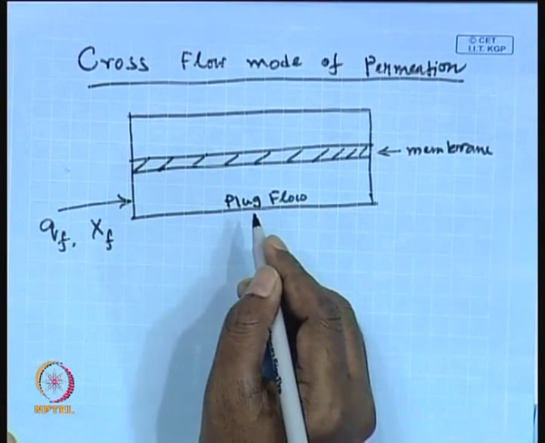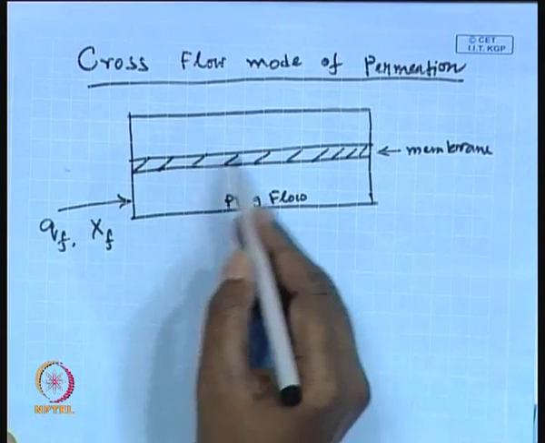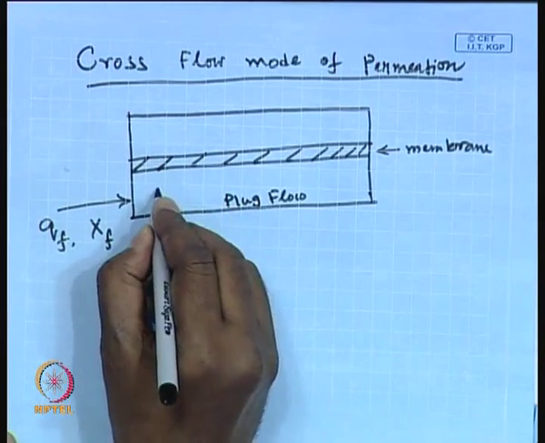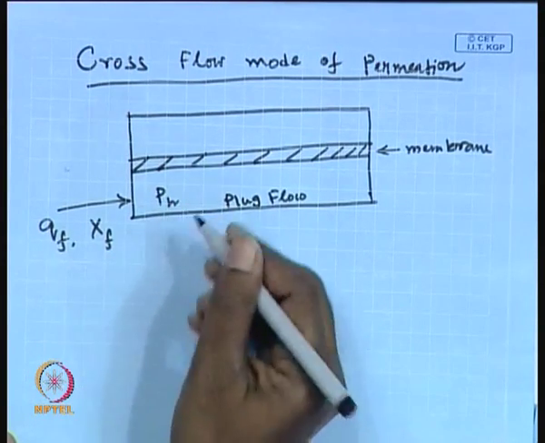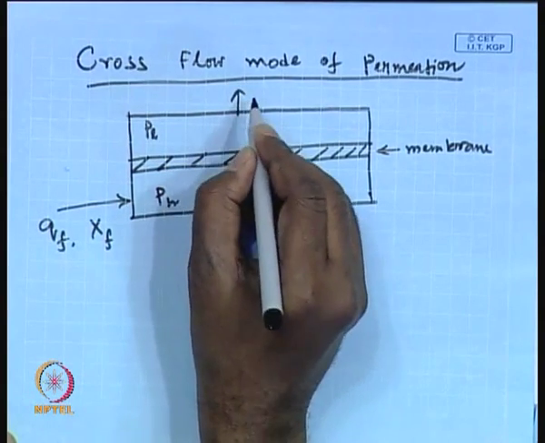In the earlier case, it was a completely mixed flow, that means concentration is uniform everywhere in the permeate as well as in the feed stream, but in this case it will be a plug flow, and the pressure is PH at the higher side and this is the lower side, PL,